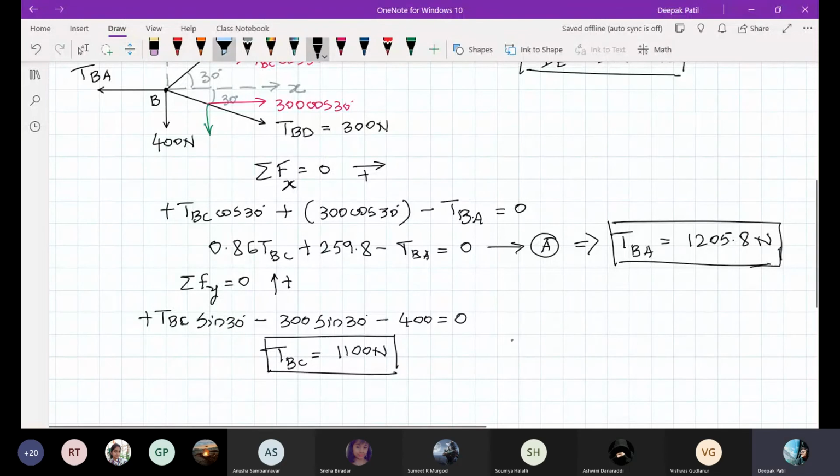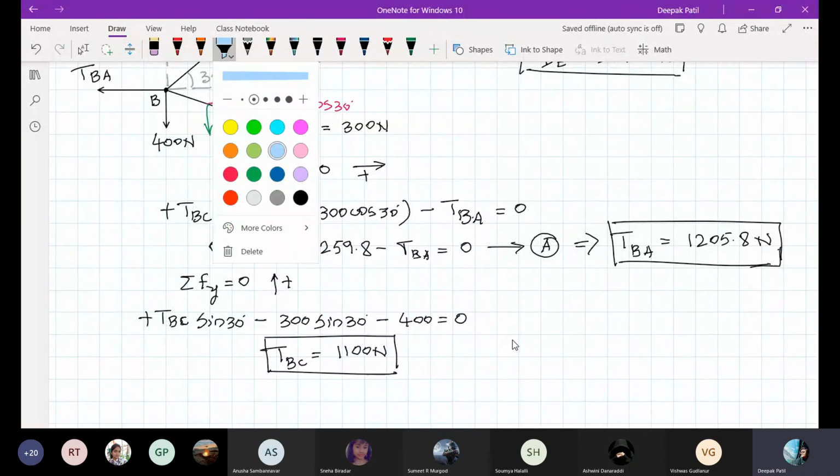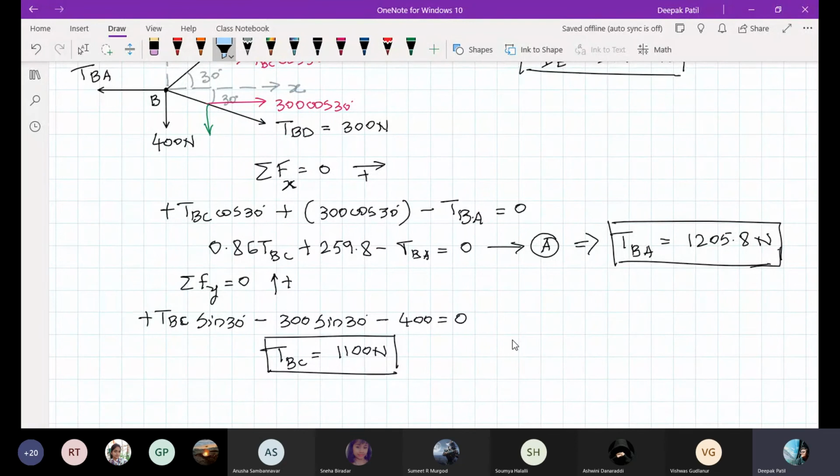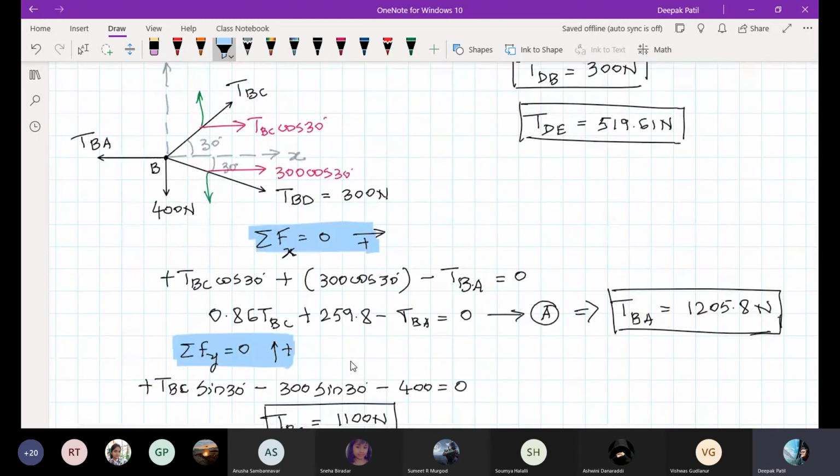Right. So the main and the important concept here is, when you are unable to apply Lami's theorem because 4 forces will be involved, you have to go for these equilibrium equations. But these equilibrium equations you have to use with the sign conventions which you have already followed. If it is a concurrent force, there will be only 2 equilibrium equations. When it is a non-concurrent force, there will be 3 equilibrium equations. So we'll see those types of numerical examples also in the further classes.